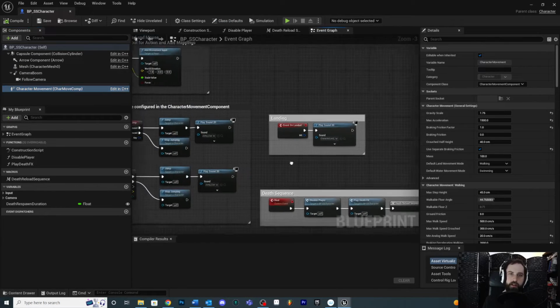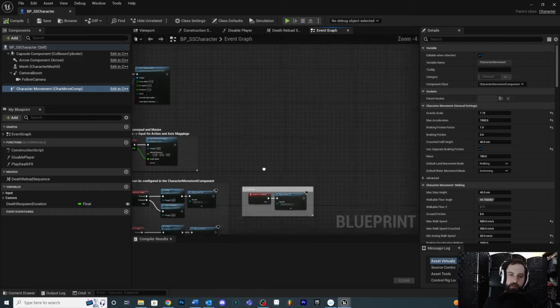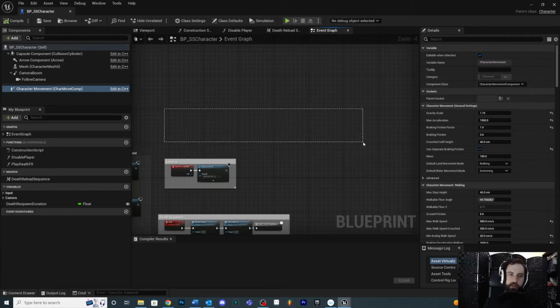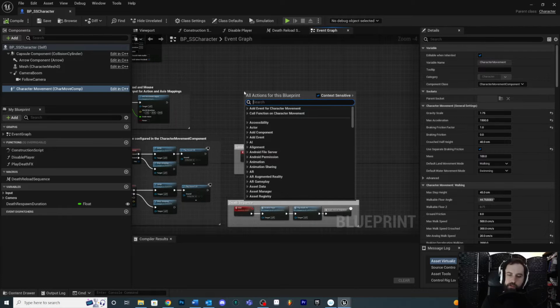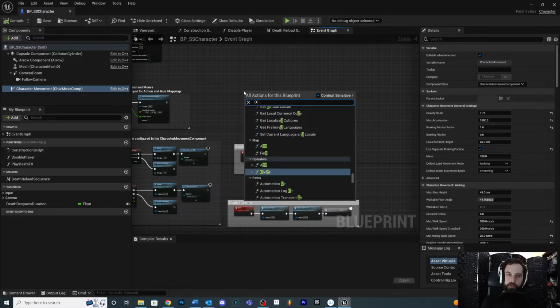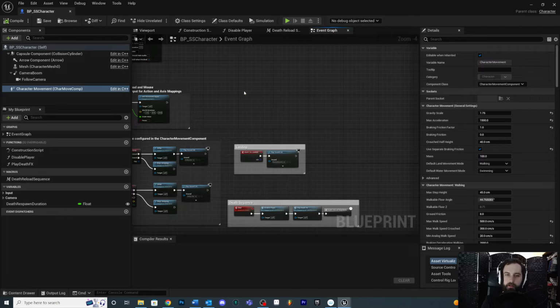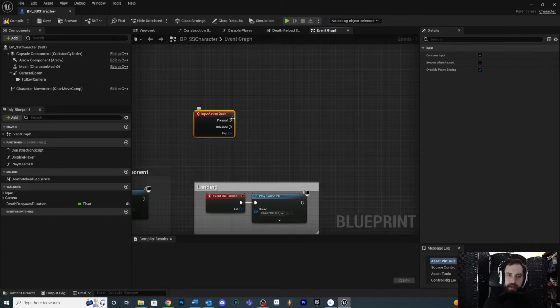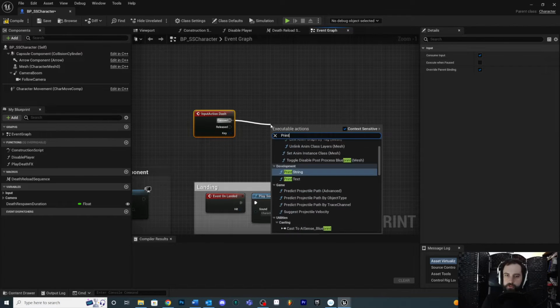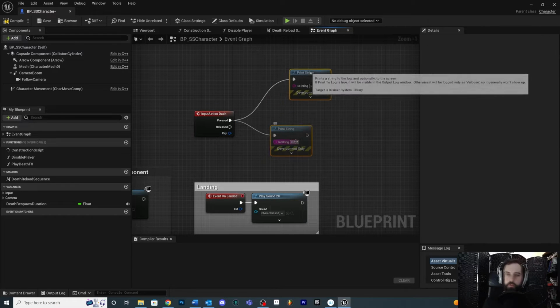All right, so then how do we do this? Again, to keep things real simple, we're going to put it just directly in here in the event graph on our character. First thing is let's right click and let's hook into the dash input action or whatever you called it. For me, I think I called it dash. We'll move that down. And when we press the dash action input that it's looking for, which in our case was left shift, when we press it, we want to do something. So if we pull off and we type maybe just a print string dash, we can use this just for